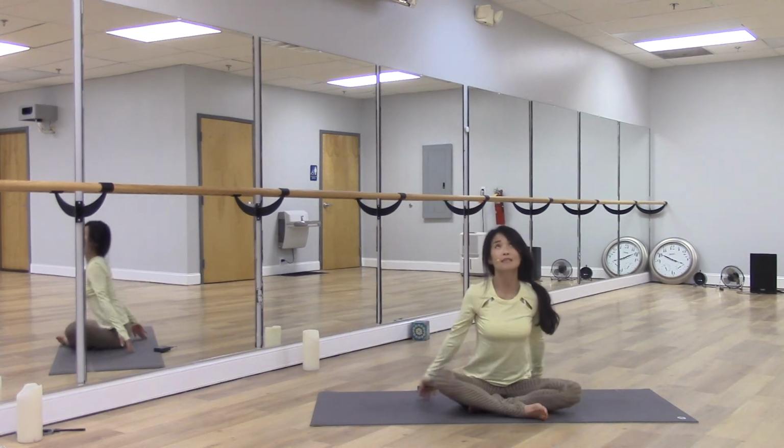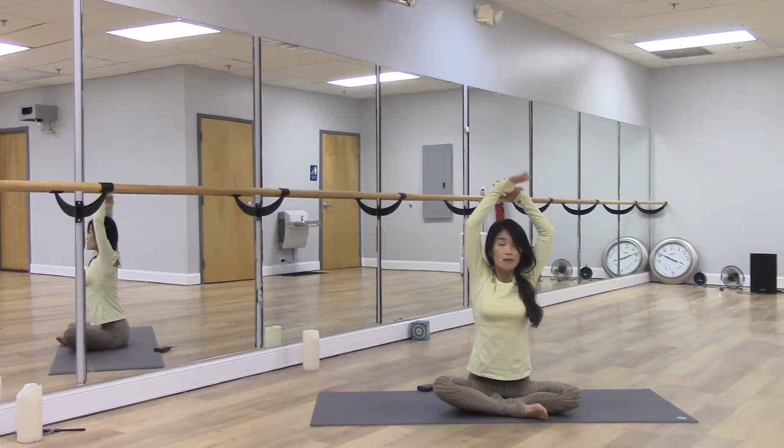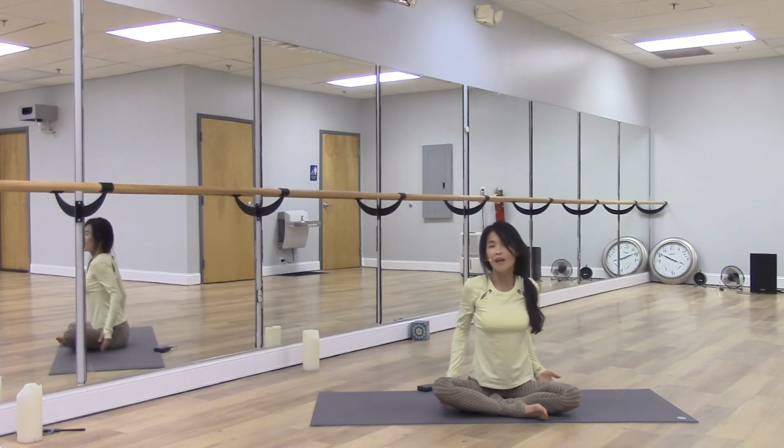Loosely sit. Inhale your arms up overhead and exhale. Inhale up